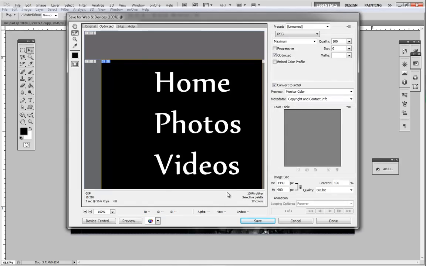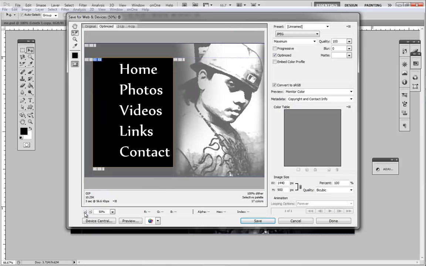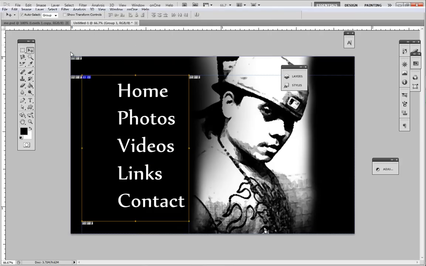Alright, you can leave it as a JPEG if you want. JPEG looks fine. Just gonna minimize it so you can see what it's gonna save. Actually I didn't even do this right, so I'm just gonna hit cancel. What I didn't do, I'm gonna make sure I select my slice select tool, and the slice that's already selected